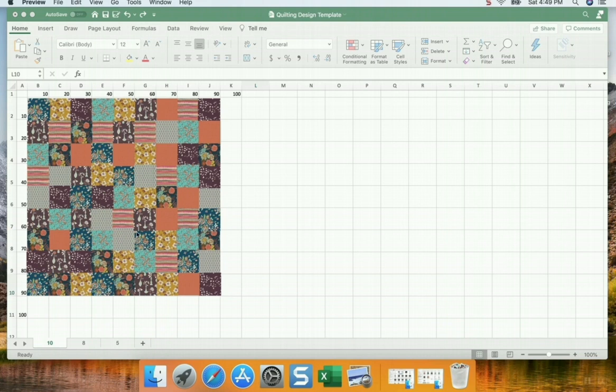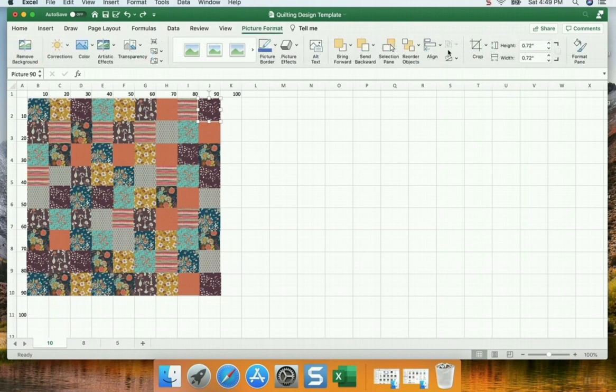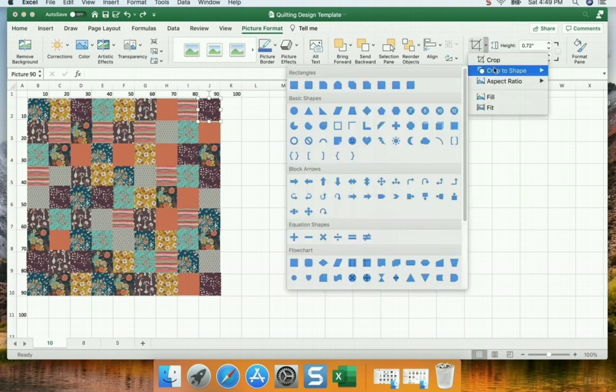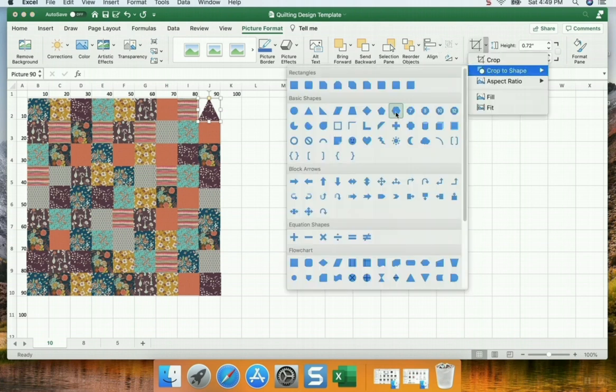All you have to do is select your picture, and you can go to picture format, and then go to crop and crop to shape. So here I have all these options to crop to these different shapes. Of course, I showed you the triangle, but let's try